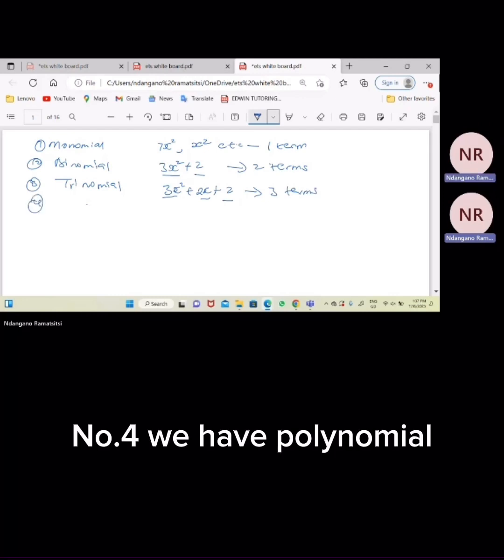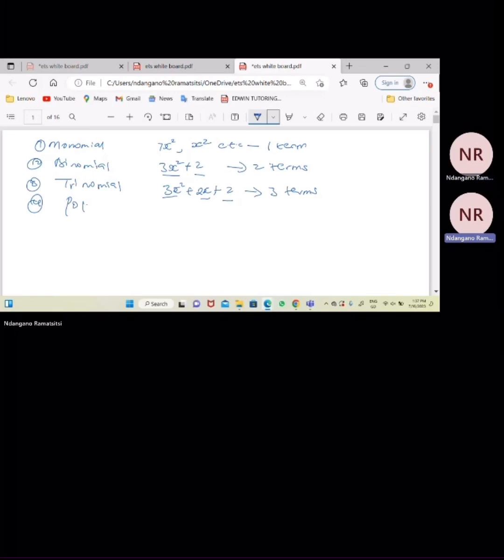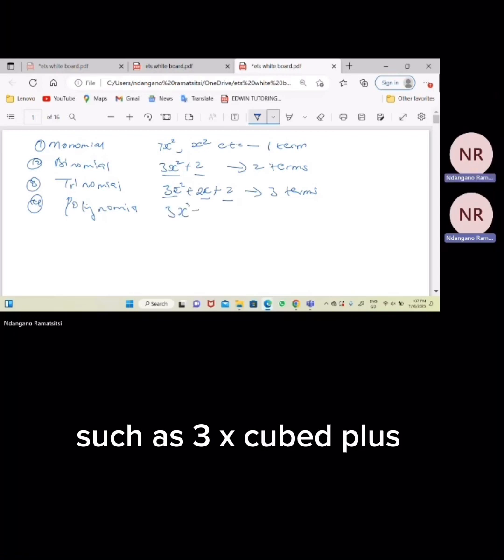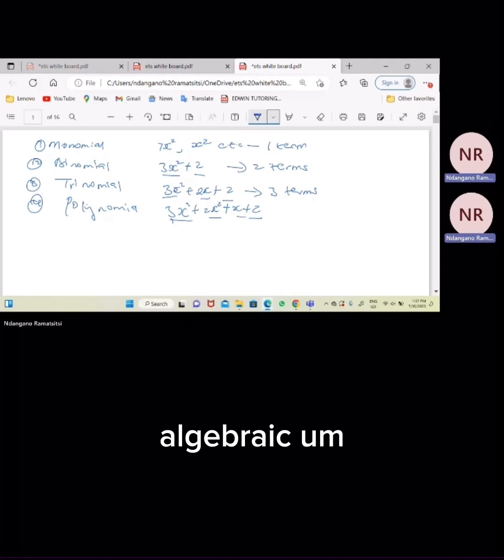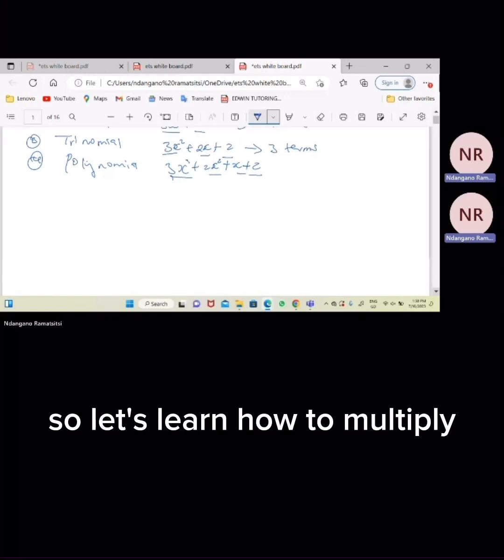Number 4, we have polynomial. This one has a lot of terms, such as 3x cubed plus 2x squared plus x plus 2. 1, 2, 3, 4. So these are algebraic expressions. We have monomial, binomial, trinomial, and polynomial. Okay, so let's learn how to multiply these